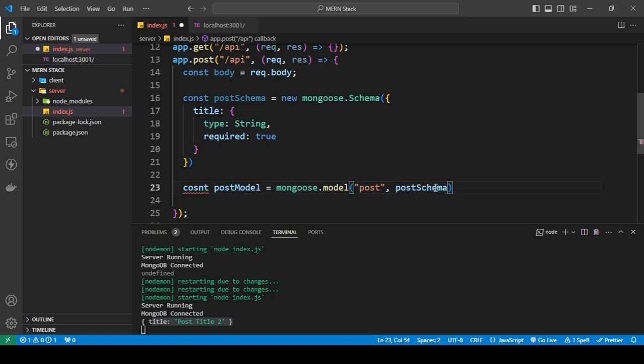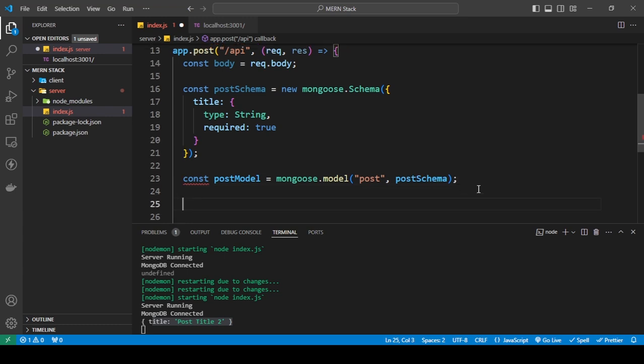It's going to be taking in the post schema, which is this, and so this is going to be taking the post schema. And after this, now you can use this model that you have created. I'm just going to copy this. I'm going to paste it here, and I'm going to say dot